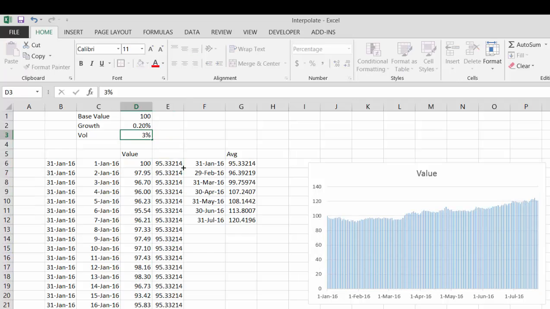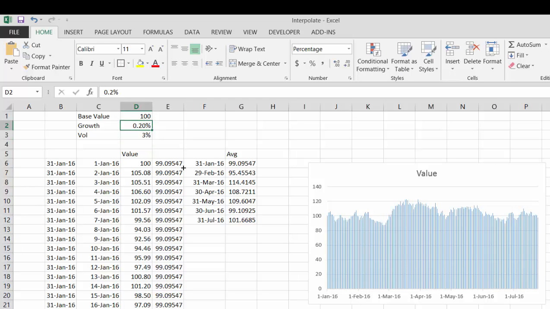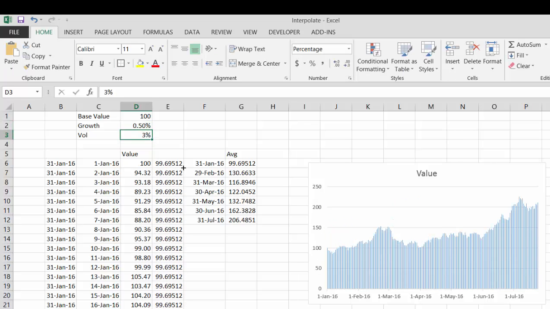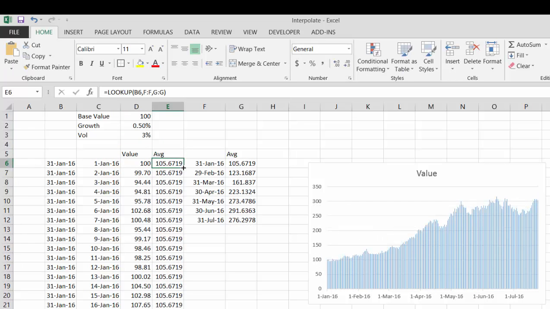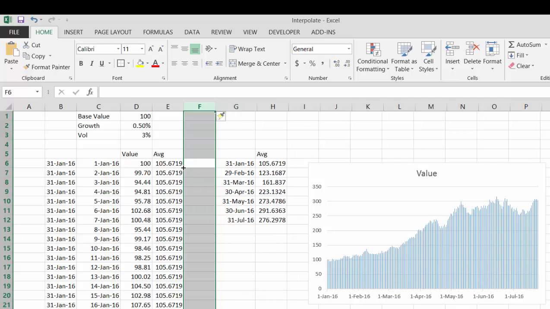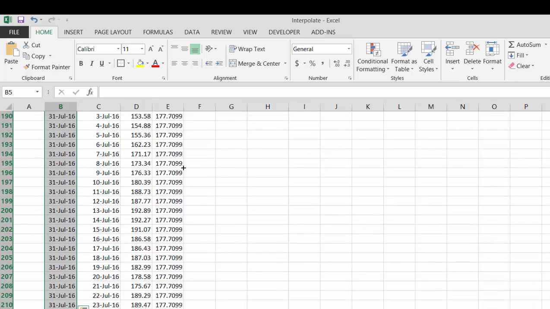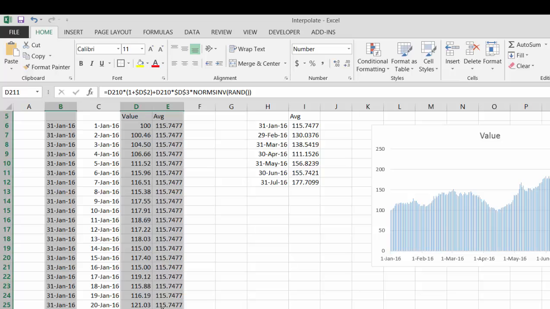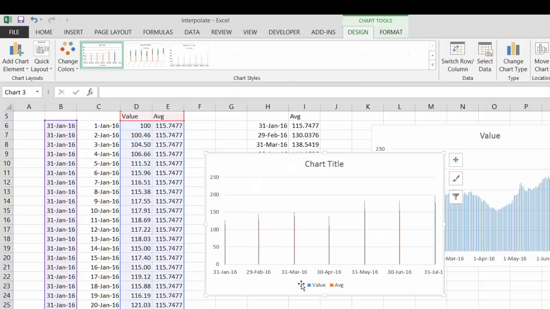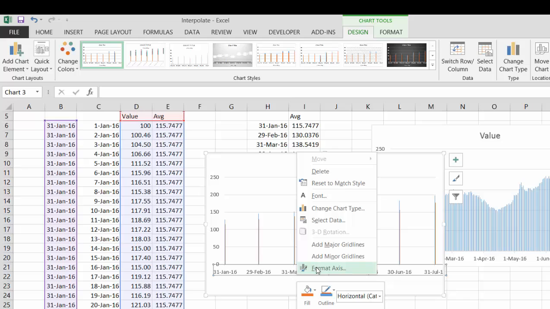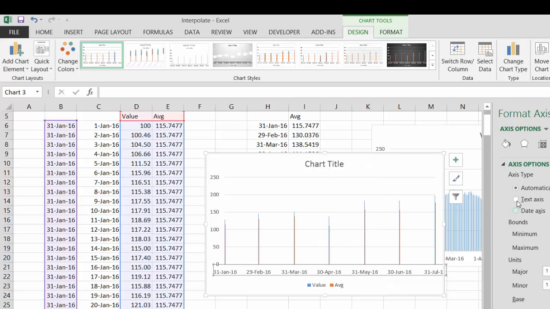Now let's make the volatility a little higher. Growth rate 0.5% maybe. Okay, and then if we wanted to graph that, so we could put average. Okay, and then we can. So now I'm going to make another graph. Shift control down. Shift F8. Shift control up, alt F1, and we better format the axis as a text axis,